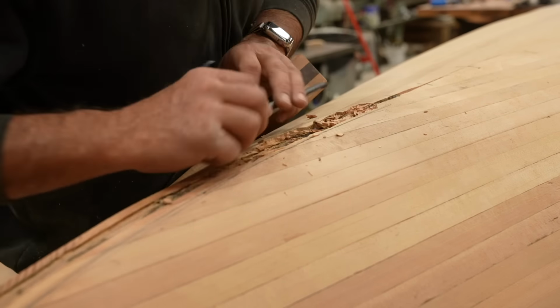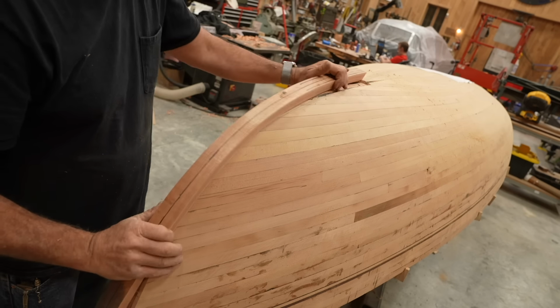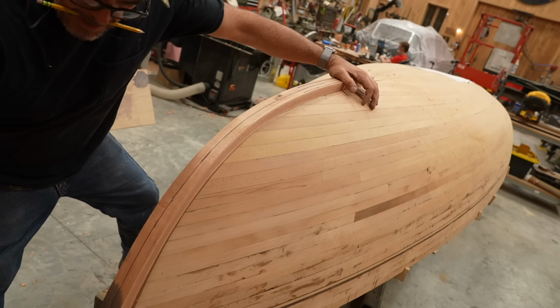You get that roll of paper plans, but I did spend a lot of time on Google trying to find similar boats, trying to figure out what they did. Now, if you remember in the beginning,